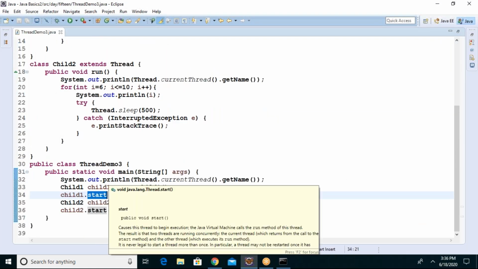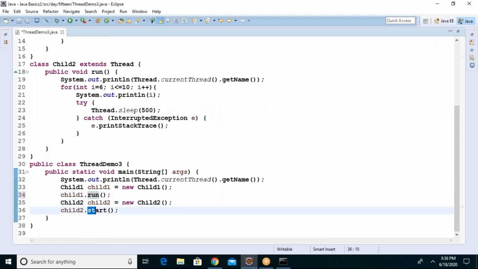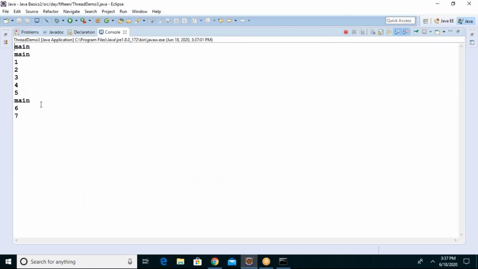Okay, now let me do it. Rather than the start method, if I run the run method directly, will that be multi-threading or single threading? Single threading. Even if there is a delay, you can't see that effect here, because all of 1, 2, 3, 4, 5, 6, 7, 8, 9, 10 are run by one thread, called the main thread only. Sequential execution by one thread. If you are using one thread, sequential execution. If you are using multi-threads, random execution. Guys, I hope everybody gets clarity. This is the multi-threading concept. Any questions? Now you can raise.